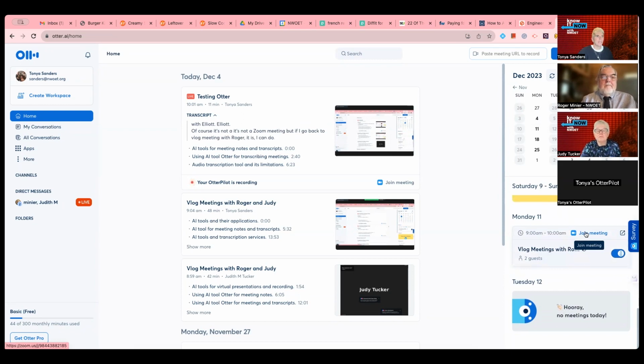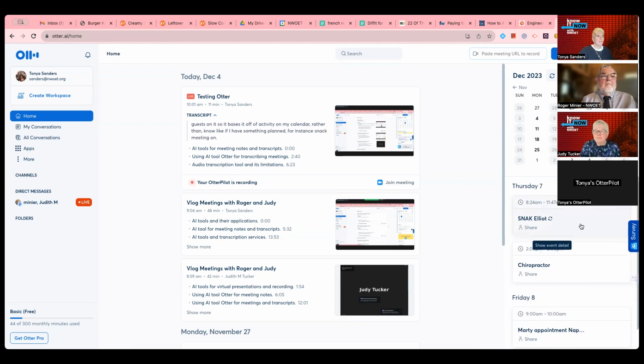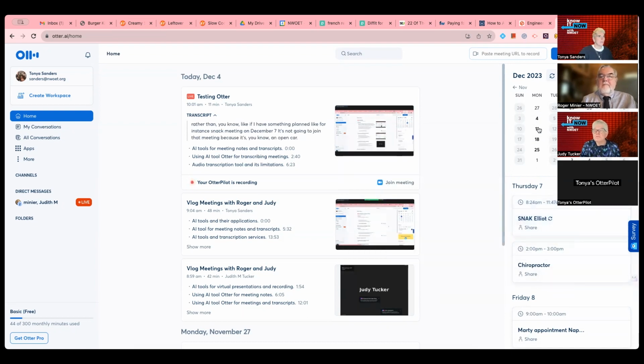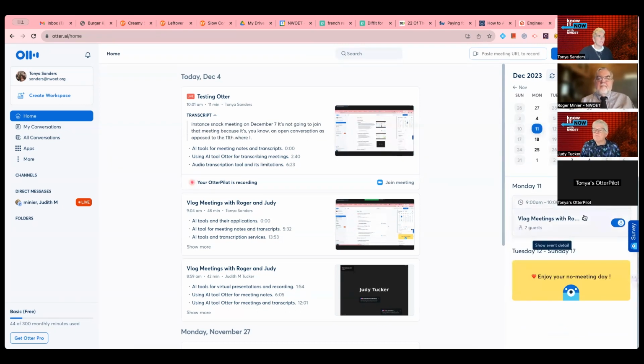I can join the meeting here. This is next Monday. Otter.ai will join this meeting. I could turn it off and say Otter.ai not to join the meeting, and then it shows that there's 2 guests on it. So it bases it off of my activity on my calendar, rather than, like if I have something planned, for instance, snack meeting on December 7th, it's not going to join that meeting because it's an open conversation, as opposed to the 11th, where I have a vlog meeting with Roger and Judy.